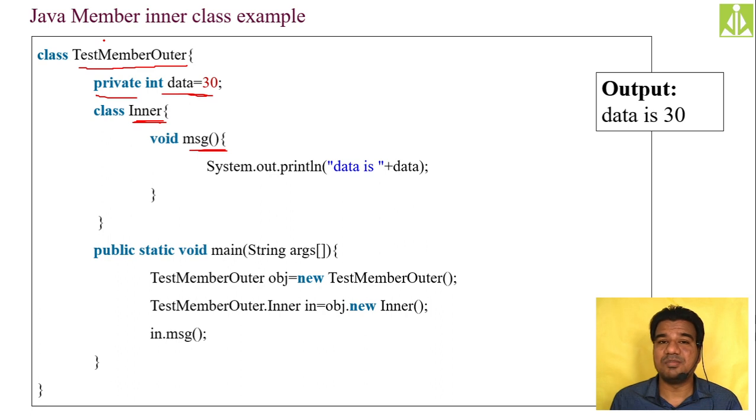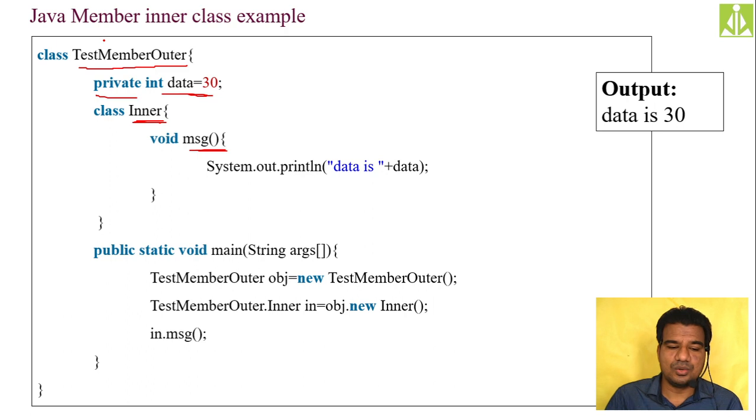And I think I have repeated this thing 10 times in these two lectures. Anything which is static goes with the class name, goes to the class. Anything which is non-static goes to the object. So to access the non-static content, you have to wait for the object to be created. In order to access the static content, there is no need to depend on an object. Without the object also you can do many things with static content.